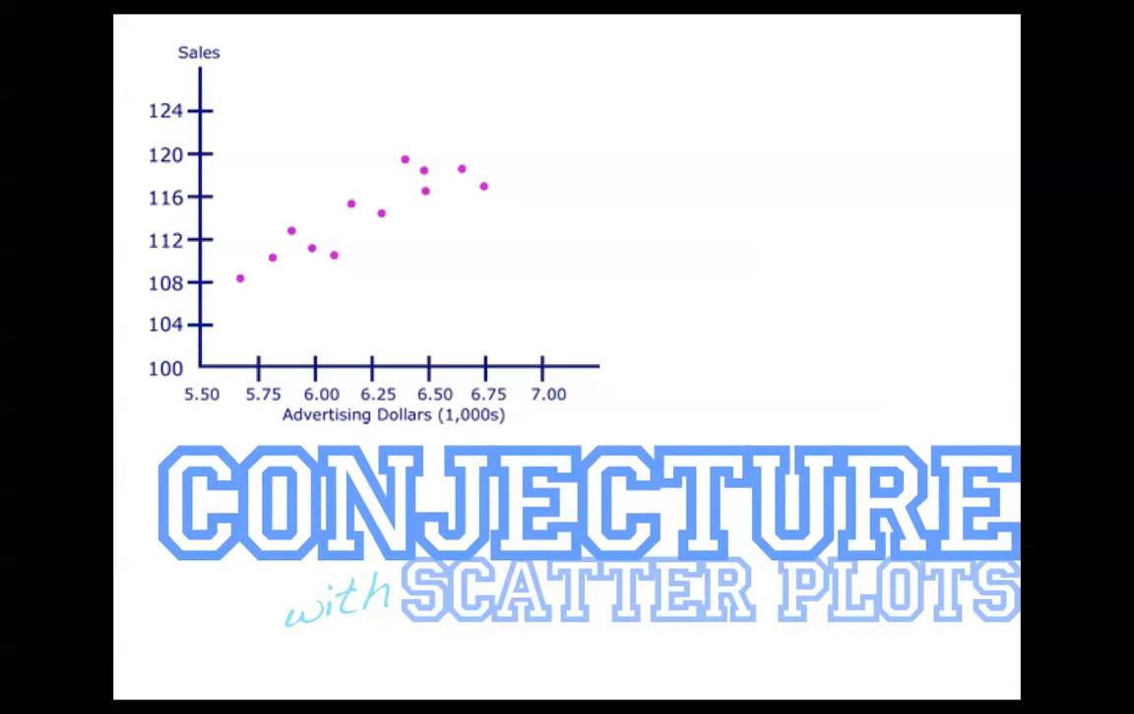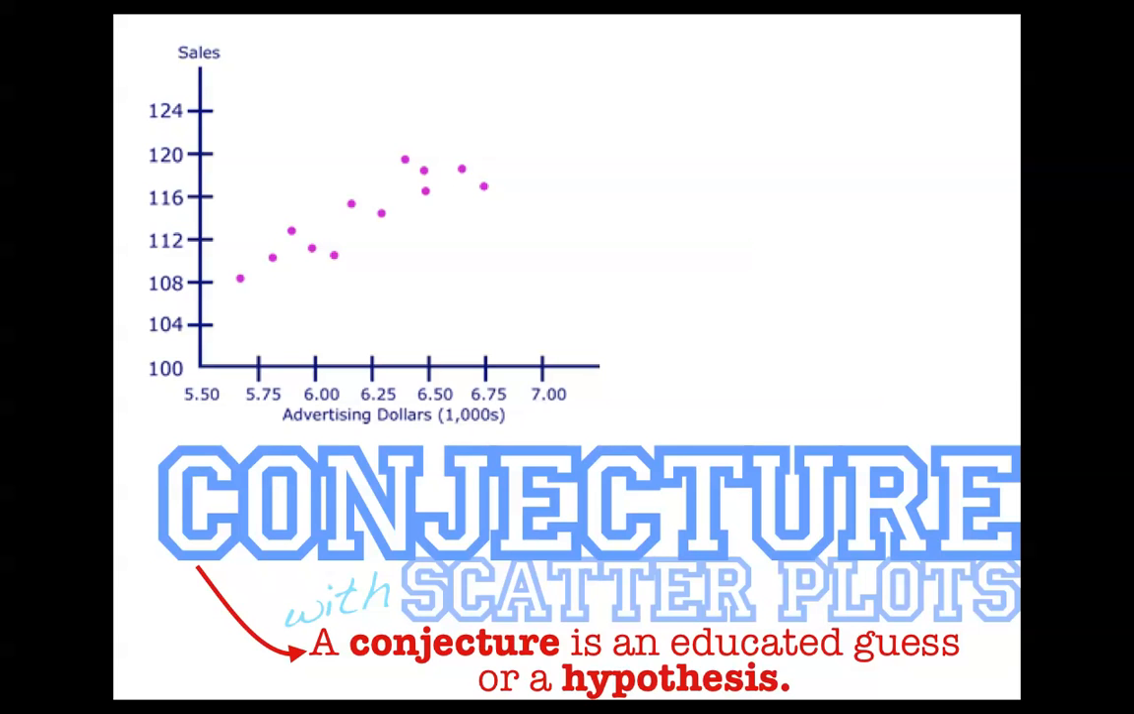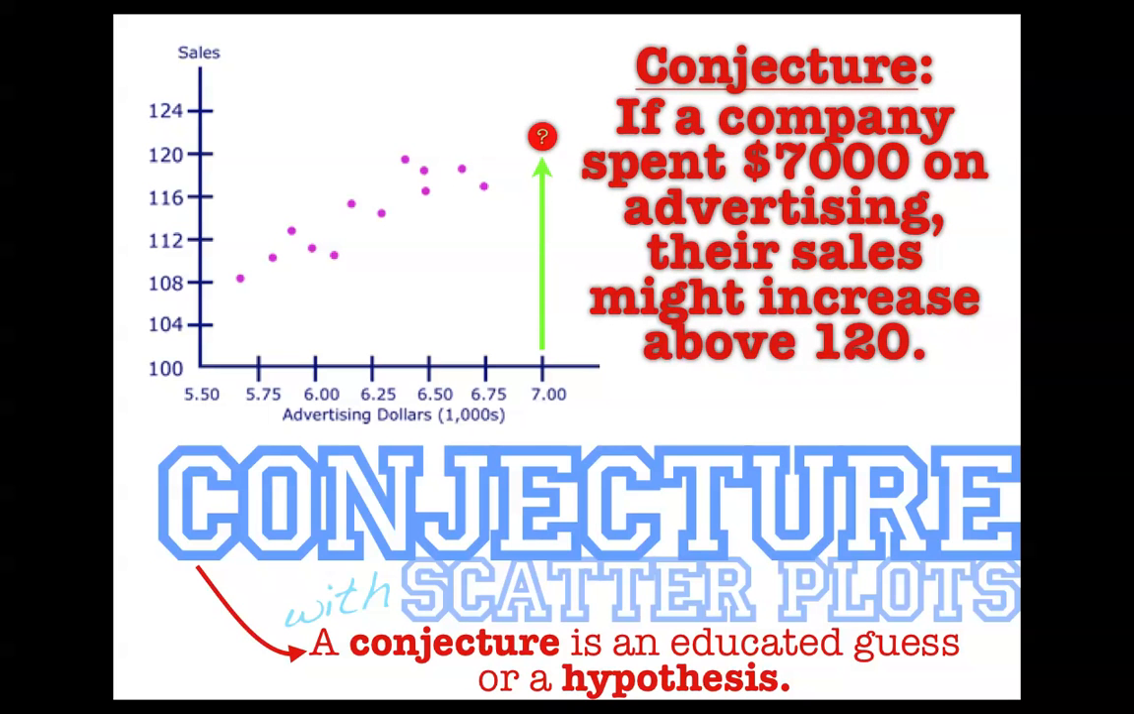Conjecture is kind of a fun word to say, but what does it mean? Well, a conjecture is just an educated guess or a hypothesis. So if you look at this scatter plot and you see where the dots are, could we make some kind of an educated guess or a hypothesis? Yeah, what we could do is something like this. We could make an educated guess that if a company maybe spent $7,000 on advertising, they might have sales of about 120